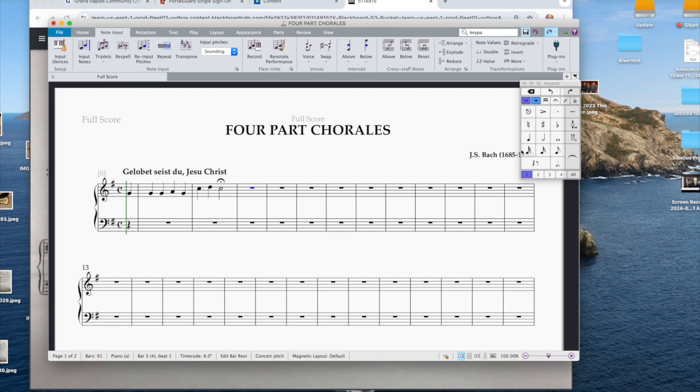So again, I could just hit the quarter note or the eighth note, or I could change it with my keypad. So if I hit a 3, it goes to the eighth note, 4, quarter, 5, half, 2, I get a 16th, 1, I get a 32nd. So you can see I can just use my keypad, which I find kind of helpful. So we're going to go on with eighth note. So let's see, good. And back to a quarter note, which is 4, D, E, eighth notes, 3,